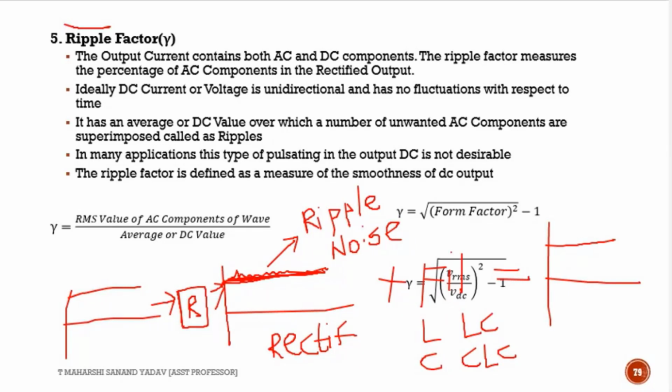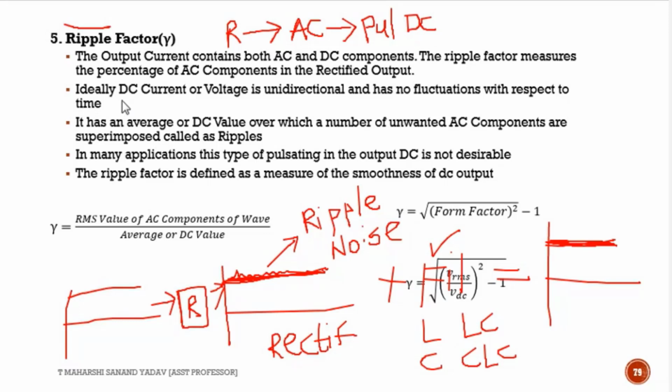Now what I need to do, should I remove DC or AC from it? AC. That's it. So in order to remove AC, I need to use the concept called a filter. So under filter, there are 4 types of filters. After passing through the filter, I'll get pure form of DC or AC? DC. So don't get confused, because the majority will get confused in answering this. A rectifier converts AC into pulsating DC. You need to mention this term compulsorily. If there are lab sessions in Viva, you can expect this kind of question. So AC to pulsating DC.